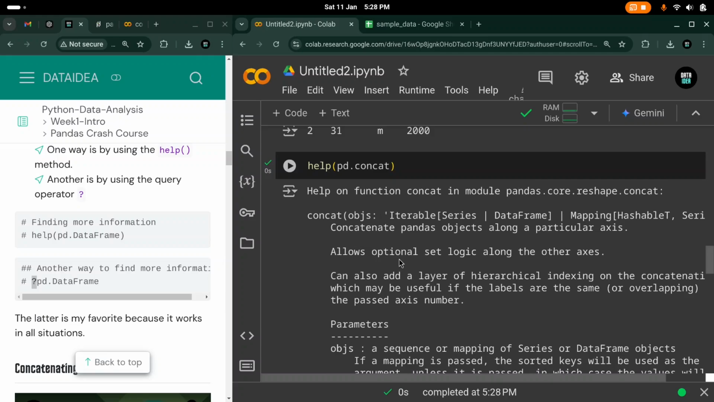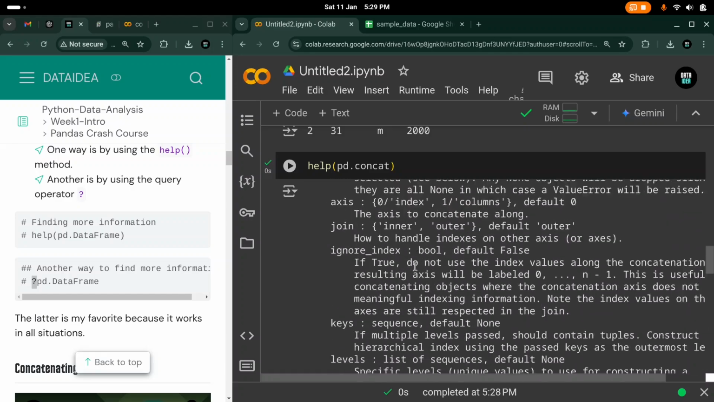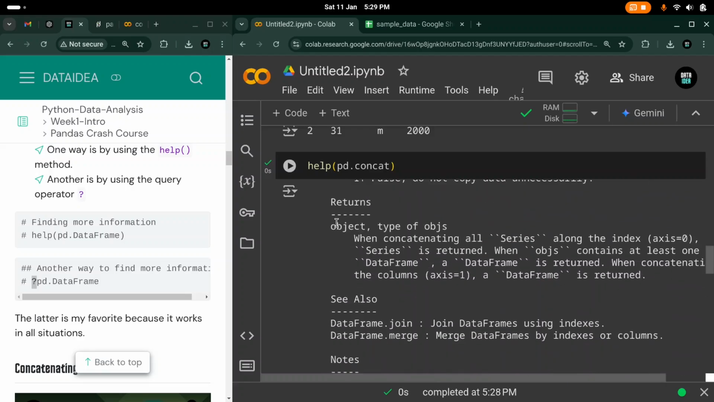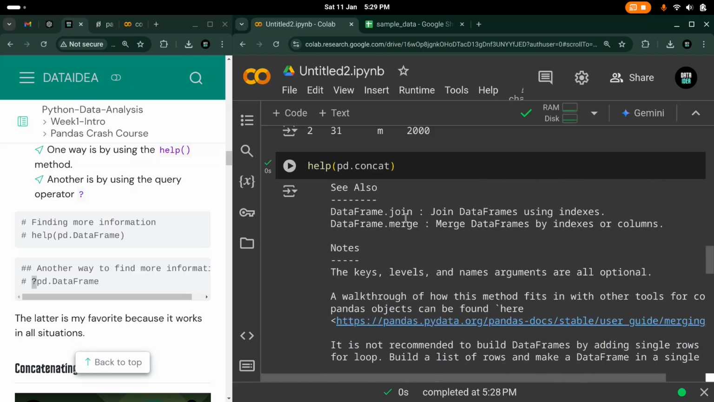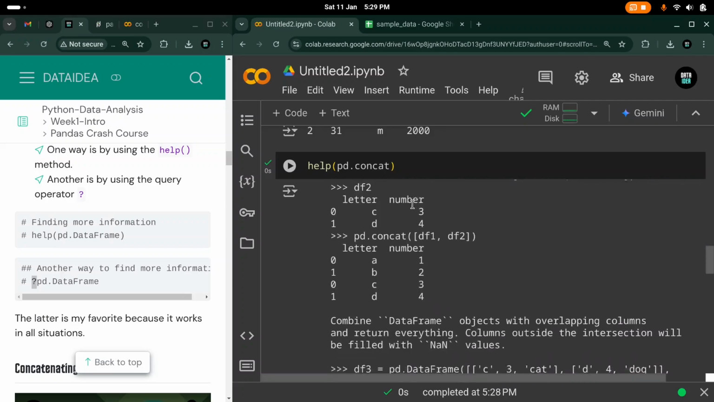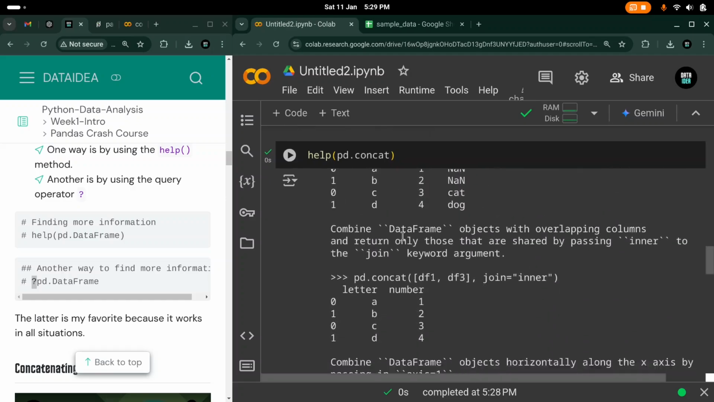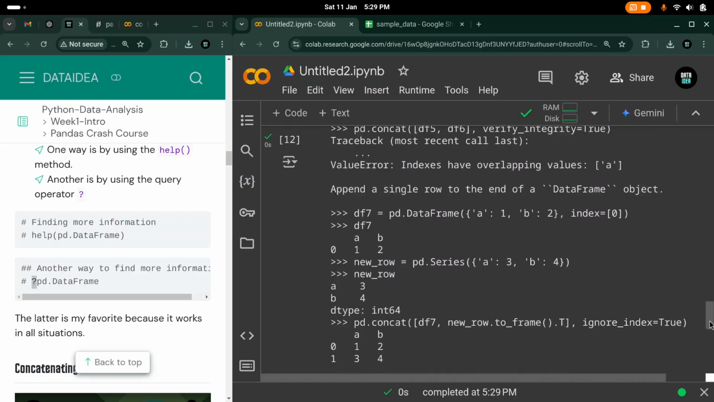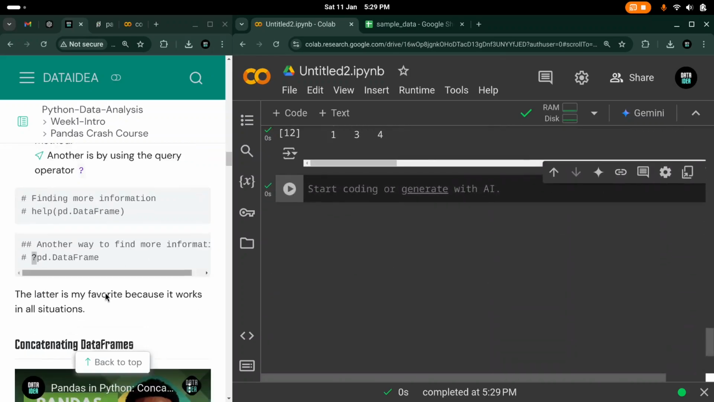So, help on this function concat, and it does a bunch of things, and here there is the documentation about the parameters, and it returns an object, and there is also more stuff, even examples, so you can just read through that if you want. So yeah, that is it. Let's just continue, and what I want to show you next